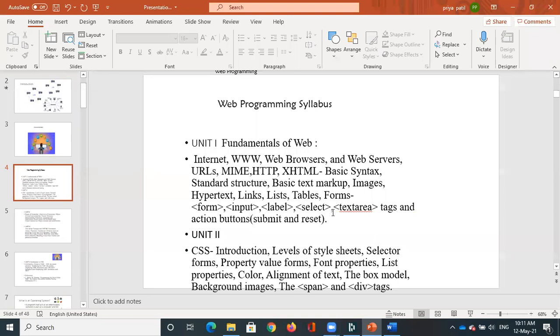Whenever we have HTML or web programming, it is all about how you are going to present your data, or how you are going to manage your data on a website or a web application. So that is what is included. We can have simple text boxes, images, tables, forms, and labels. These are the basic tags that we're going to study. With these angular brackets, whatever is mentioned here, we call all of these the tags. And we'll be having some buttons.